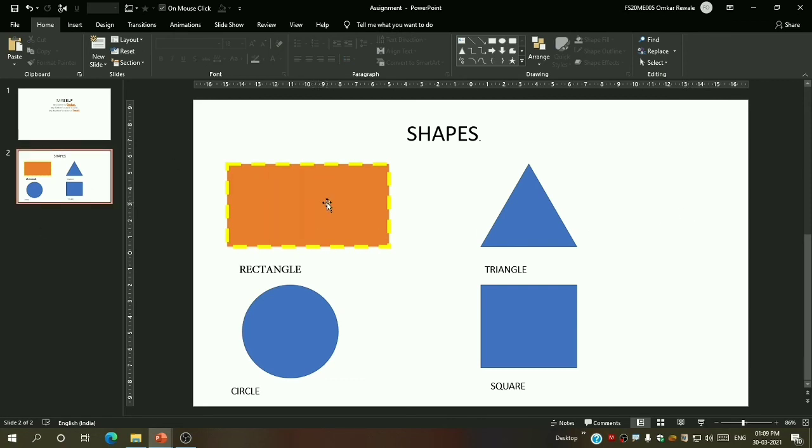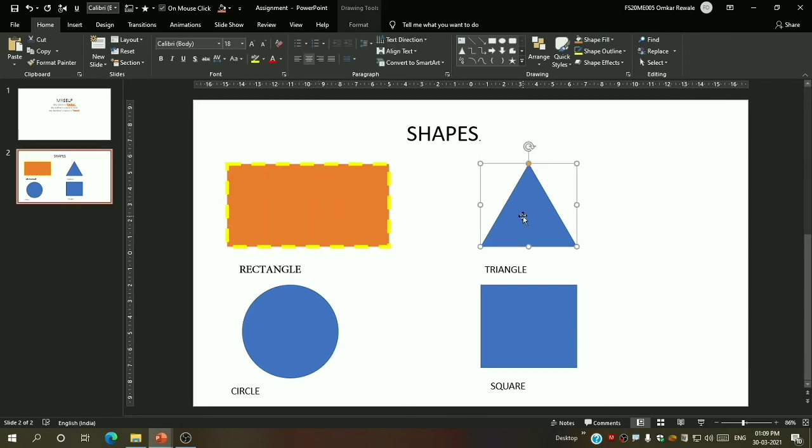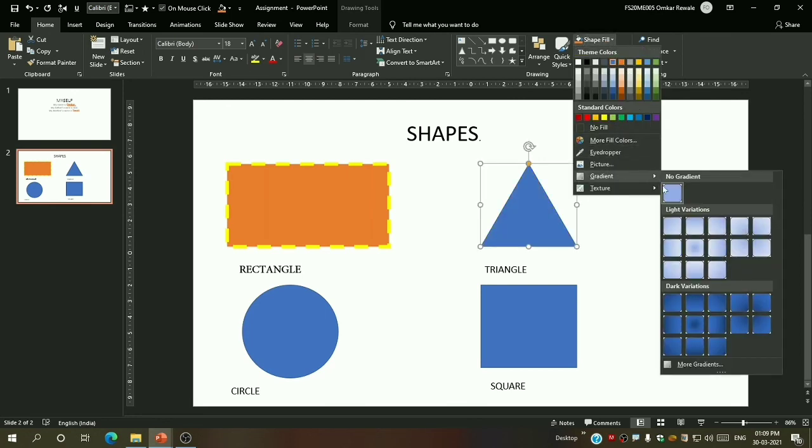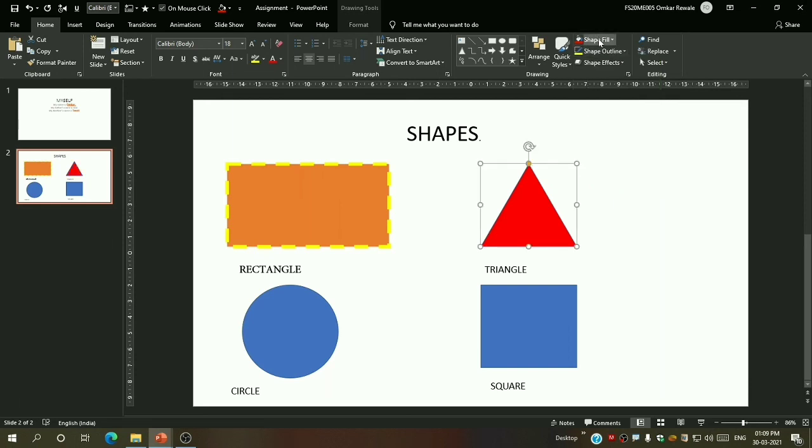You have to do a very simple assignment for today. Again for this also you have to give any color, or you can give the gradient fill. Okay, for the second, give something gradient fill.